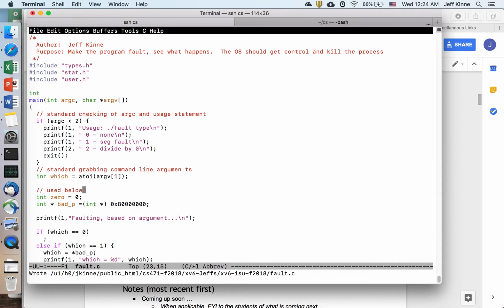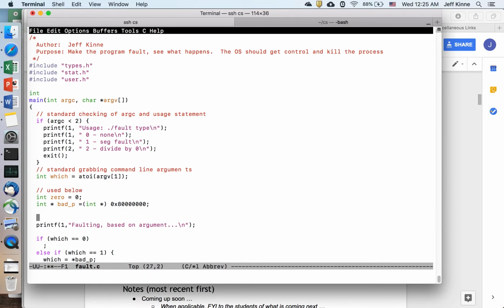All right, some stuff. So I'm printing here so I can see on the screen how far we got. That's why that print is there. If they gave 0, then there's supposed to be no fault. If there was a 1, then this is supposed to be a bad memory access